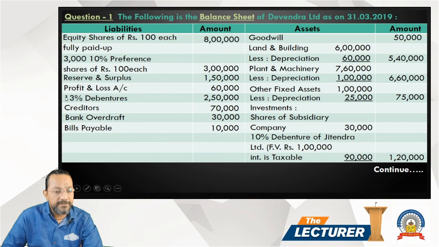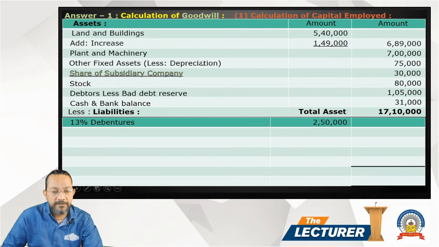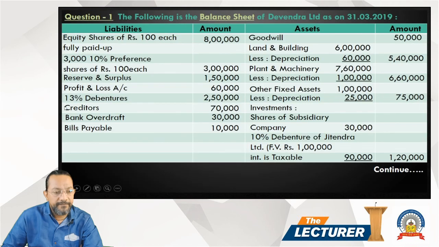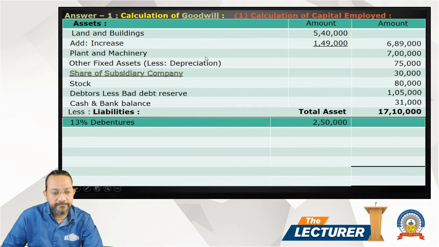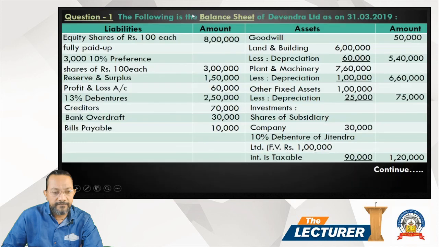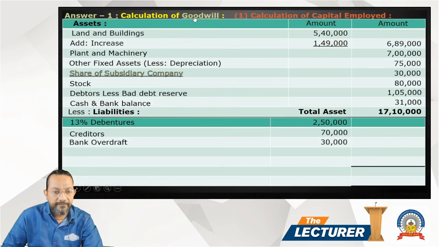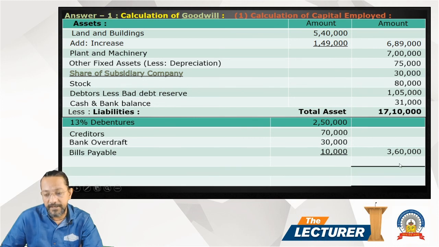In the liabilities, first 13% debenture 2,50,000, then creditors 70,000, then bank overdraft 30,000, then bills payable 10,000. Make the total: total liabilities are 3,60,000. Total assets 17,10,000 minus 3,60,000 comes to net asset